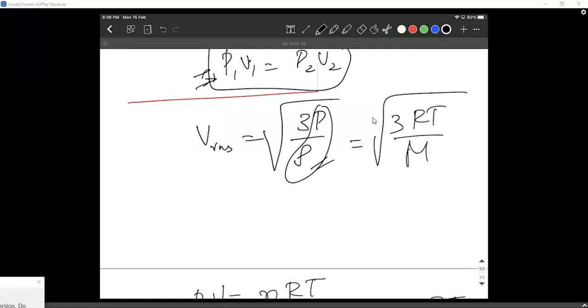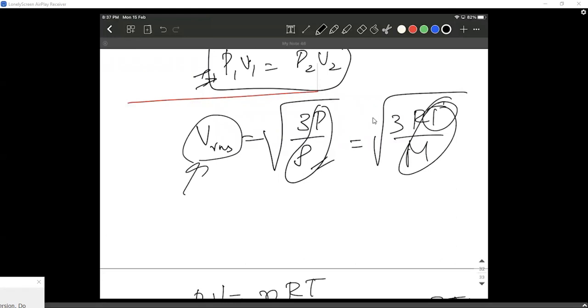Okay, so that is just a different way to put it. You can put them in all other forms. You can change temperature into something else. You can change molecular weight into something else. These equations can be put in different forms. It's up to you. If it is given in temperature, you can directly link VRMS to temperature. If it is given in something else, you can relate it to that. It's your call from that point onwards. Just wanted to mention the VRMS and temperature relation.